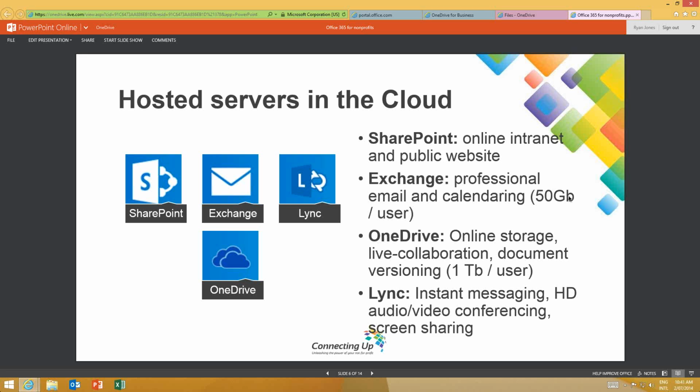You can set up team sites for different projects that you're running, and you can also run a public website if you don't have a public website at the moment. The big one is Exchange for professional email and calendaring. So if you don't have shared calendars at the moment, they're a massive benefit. Being able to know when Christine's in a meeting and schedule meetings around hers is a big benefit for us